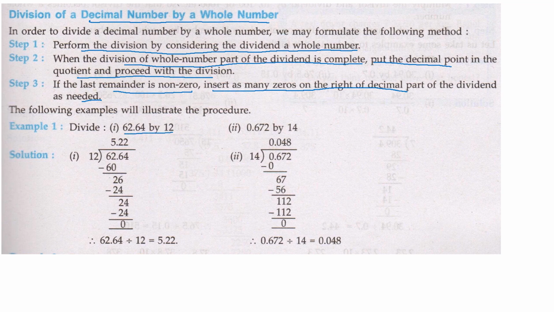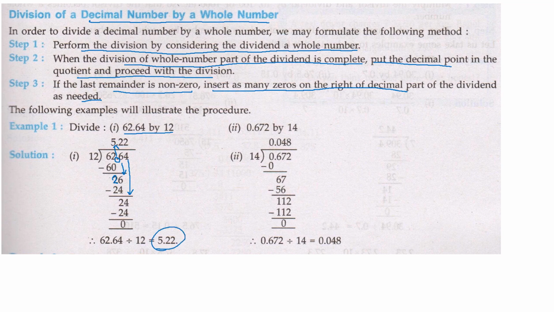So we will start dividing in a simple way. 12 into 62.64. So 12 fives are 60. What is left is 2. Okay. Now, after the 2, a decimal is here. So I will put the decimal in the quotient place. Then we will copy 6. So 26. 12 twos are 24. 2 is left. 4 is there. We will copy 4. 12 twos are 24. So 62.64 divided by 12 is 5.22.